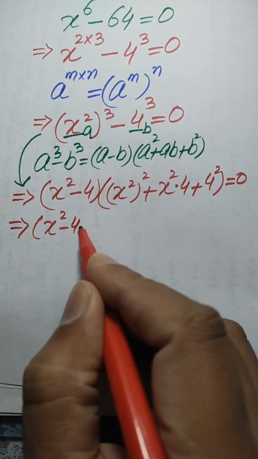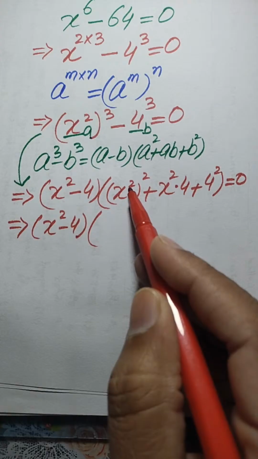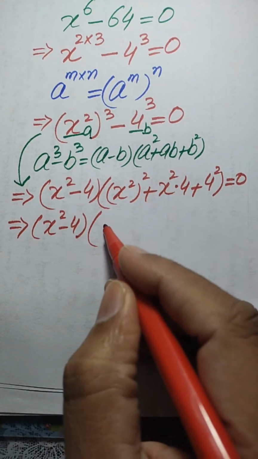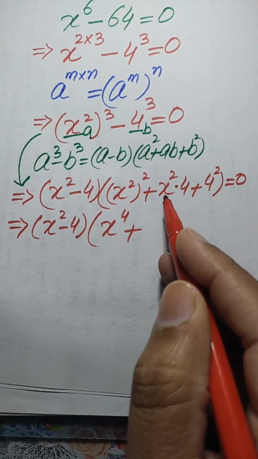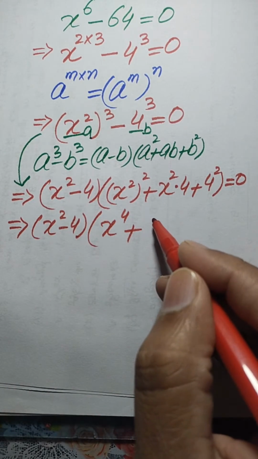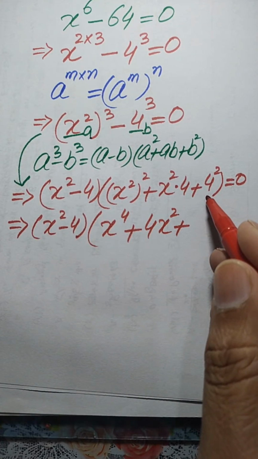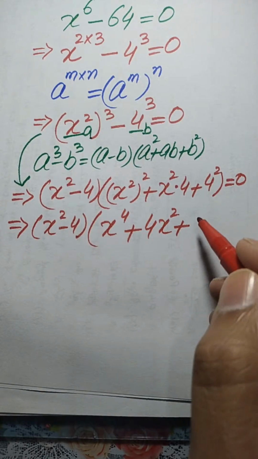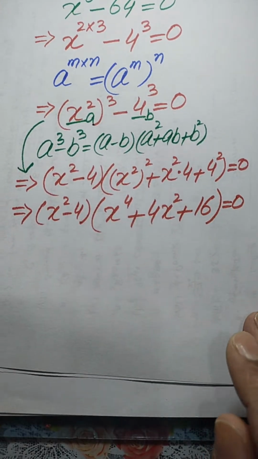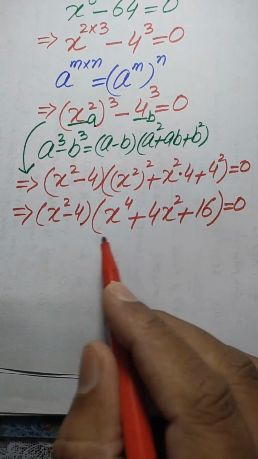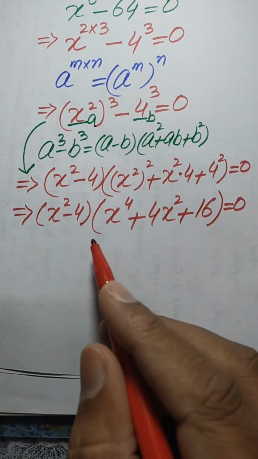x square minus 4 into, here we write these terms as x square and its whole square becomes x to the power of 4, plus 4 times x square, which is 4x square, plus 4 square, and we know that 4 square equals 16, and this whole equation is equal to 0. So this is the simplified form, and now in the next step we need to divide this equation into